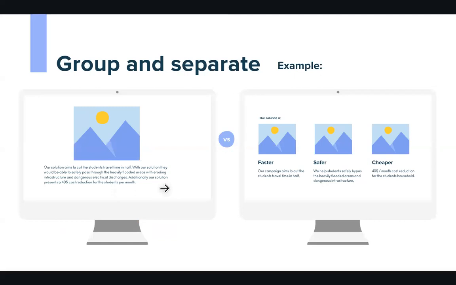Let's see an example. Here you have an image and some big text, and then redesigning that, even though this could be a totally legit format for a crowdfunding page, maybe you can put it like this: our solution is faster, safer, cheaper. See how much faster it was to read these three words than to find them even in this text, and they do exist in this text. So you can do a lot with text that's visual and that helps your understanding, and of course you can do these visuals to explain these paragraphs where you really know that your information flow and the attention span has been